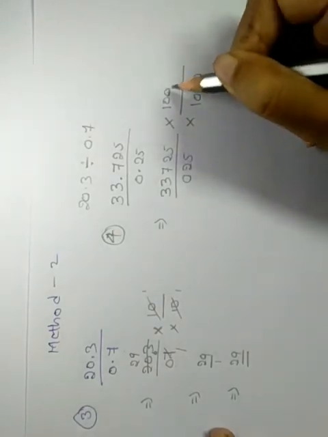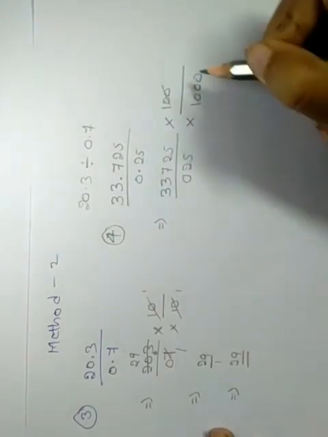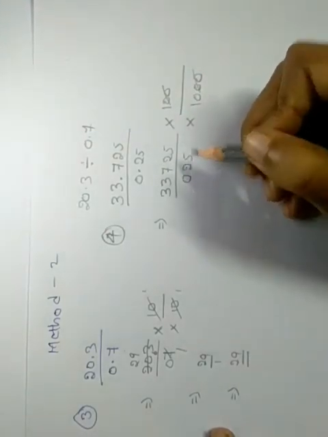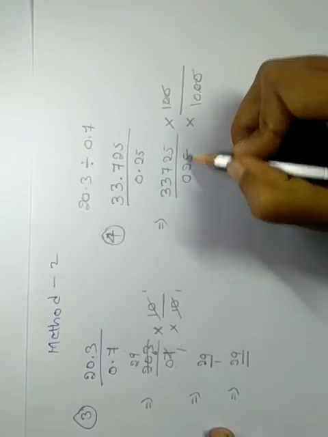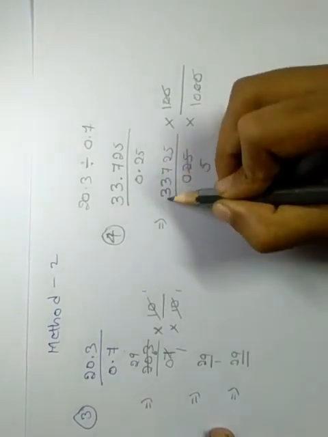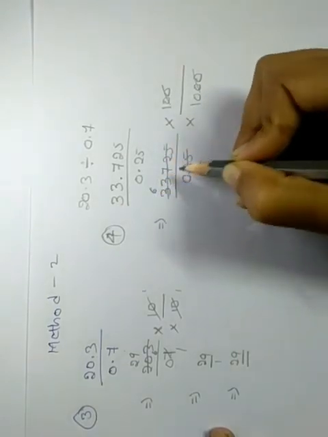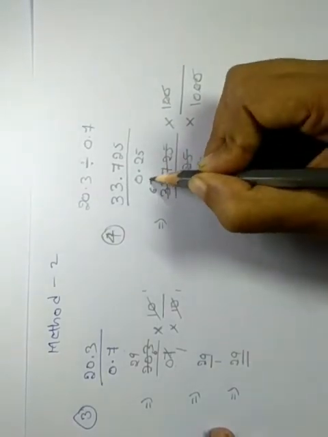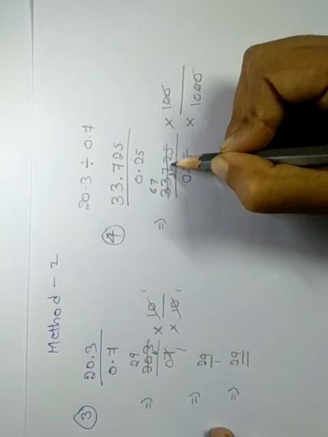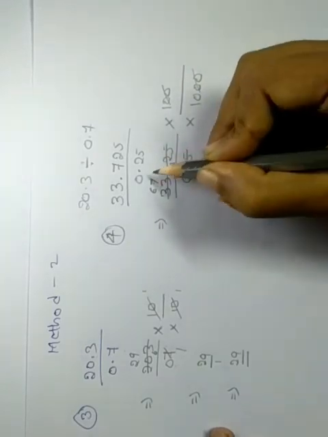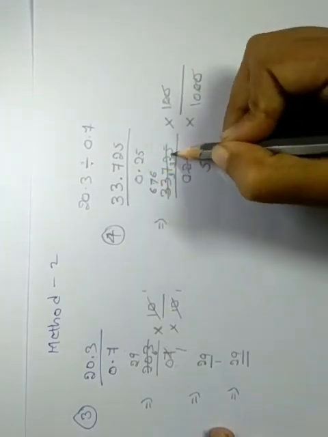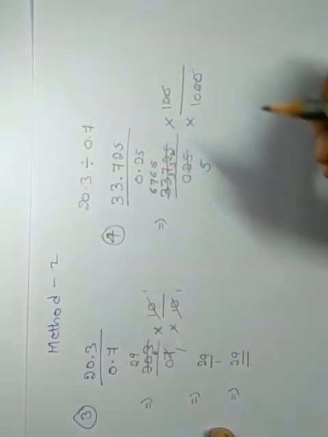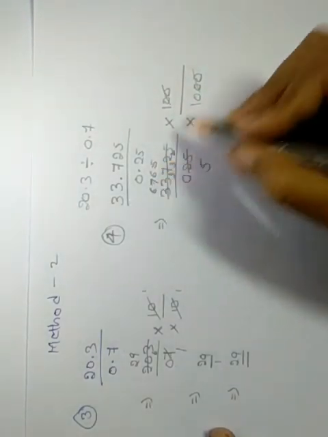Now we'll simplify it. 2 zeros get cancelled. Now the 5 table, we'll simplify it with the 5 table. 5 5s are 25. Again 5 6s are 30, remaining is 3. Then 5 7s are 35, remaining is 3. 5 6s are 30, remaining is 2. Yes, then 5 5s are 25. Again it will get simplified by 5.